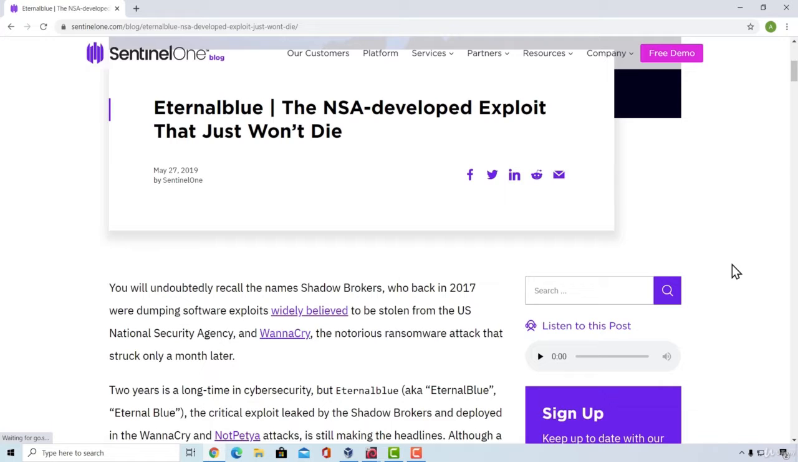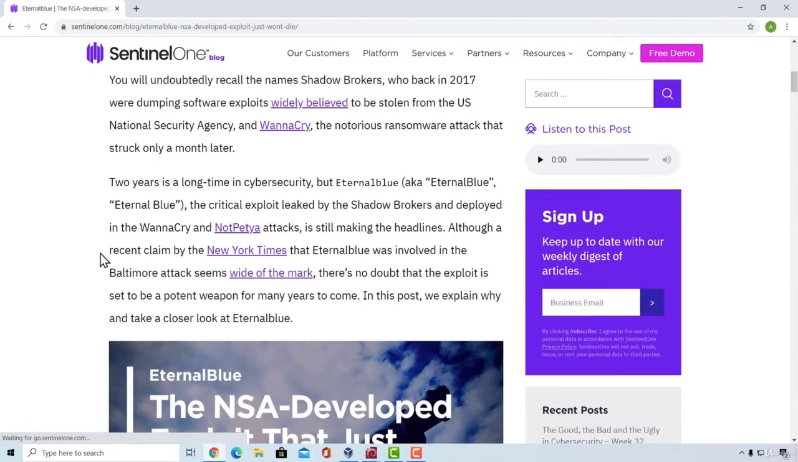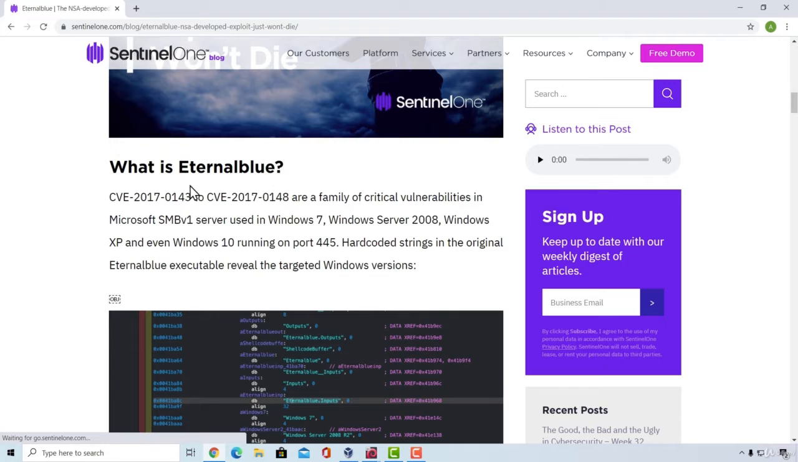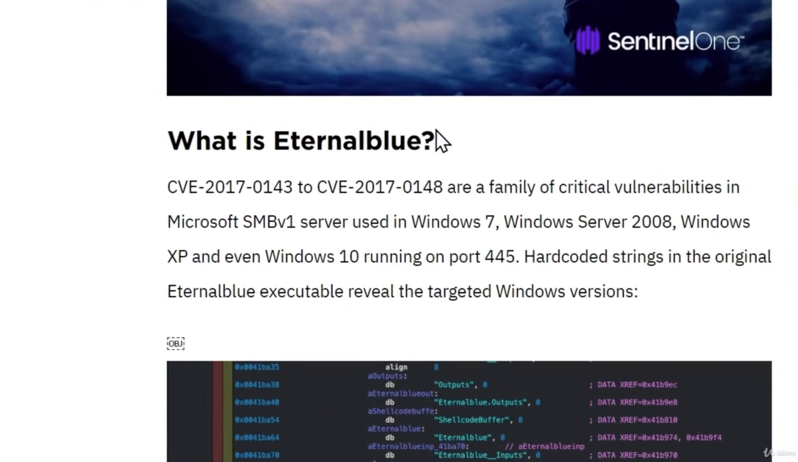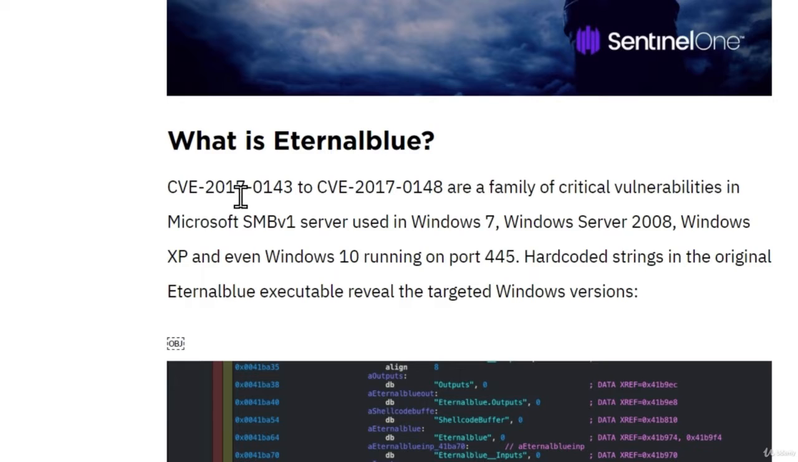very interesting story. As we can see right here, you will undoubtedly recall the names Shadow Brokers, who back in 2017 were dumping software exploits widely believed to be stolen from the USA National Security Agency, and WannaCry, the notorious ransomware attack that struck only a few months later. You can also read some other information about the exploit, like what is Eternal Blue, and we can see its vulnerability name, CVE 2017